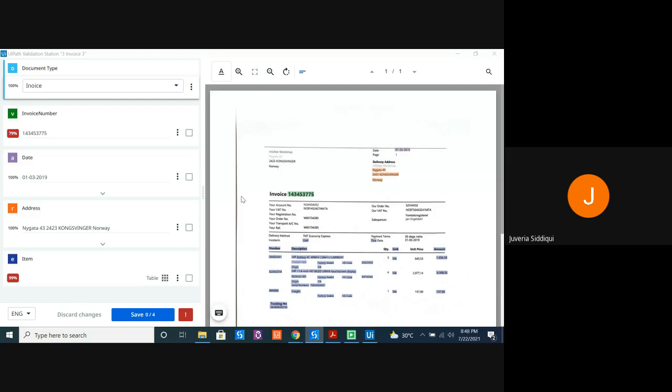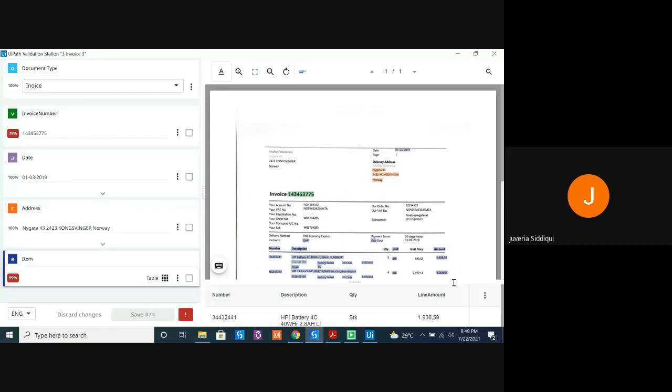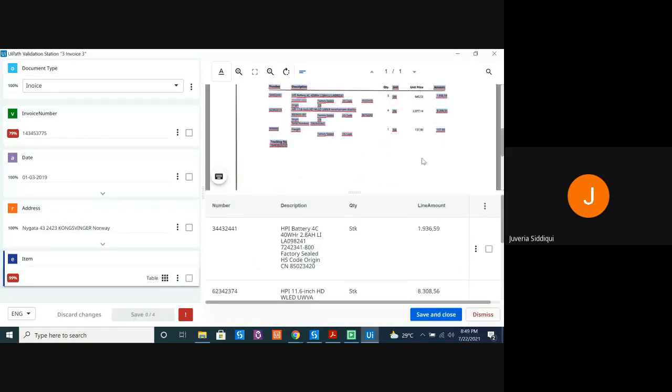Again, for this, the values that have been extracted are already highlighted. All you have to do is check. Okay, let's take a pause. Earlier, there was no data extracted, and then it said that you have to extract the data all over again. That is a very frequent scenario that you will get in case the confidence level is low. And if the confidence level is high, the data that has been extracted will be shown to you as such, like over here. But if you remember, I said that our STK quantity is not STK, but it has to be 3, 4, or 5.